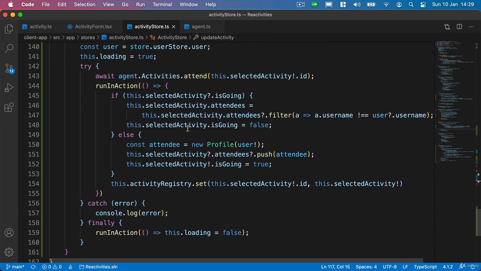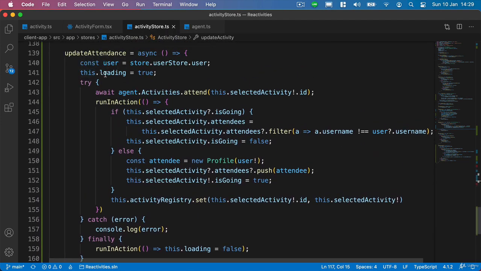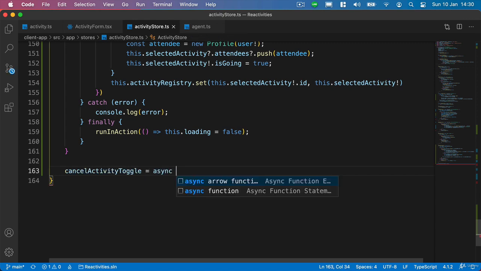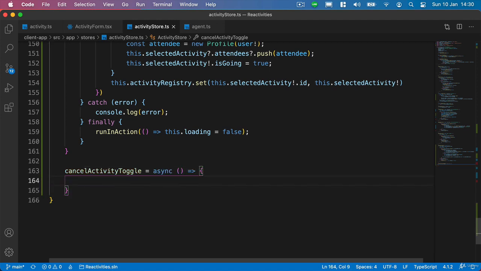and what we'll do is we'll add another method inside here. Again, it's going to be a toggle to cancel the activity. So what we'll do, just underneath this method, we'll add a new method called cancelActivityToggle. And it's going to be an arrow function, as always inside a class. We'll make it async. And inside this function, we'll use our loading indicator, and we'll set this to true straight away. And we'll add a try catch block